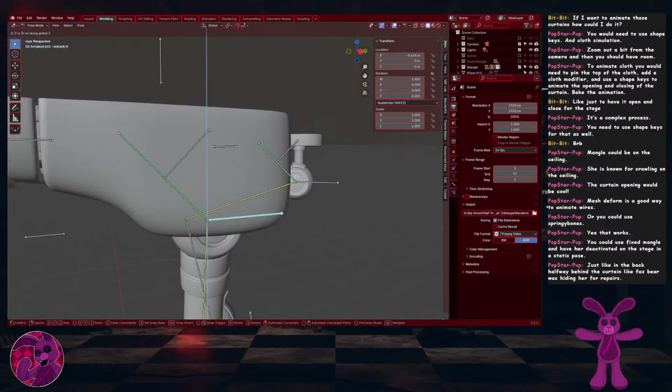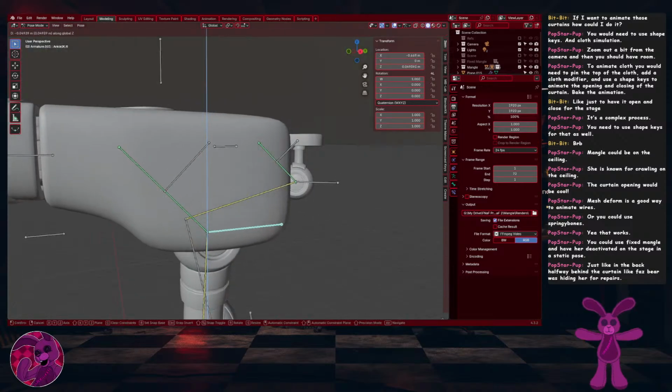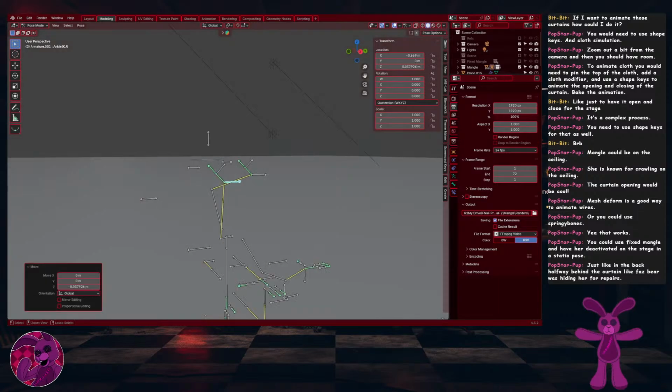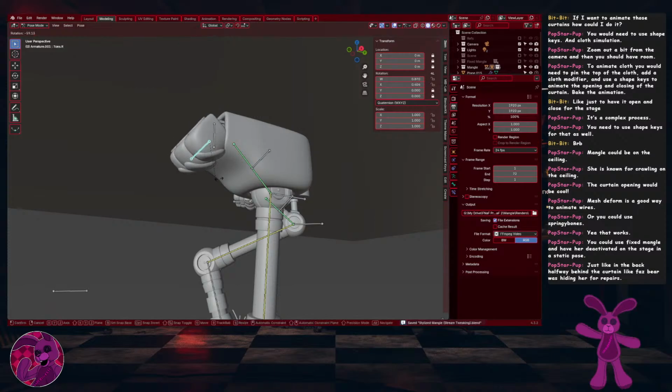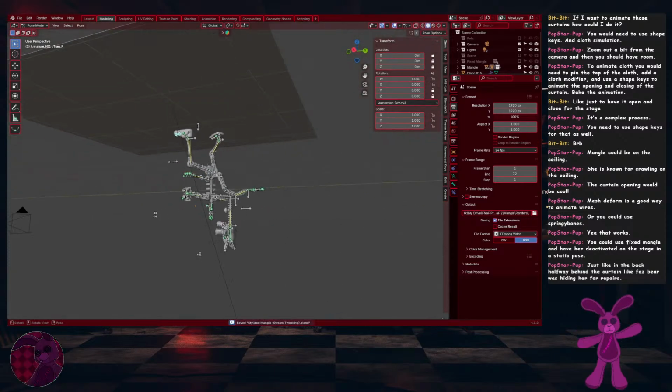I am excited to see how they're gonna end up making Mangle walk on the ceiling in the new movie. I am very intrigued by how they're gonna end up doing